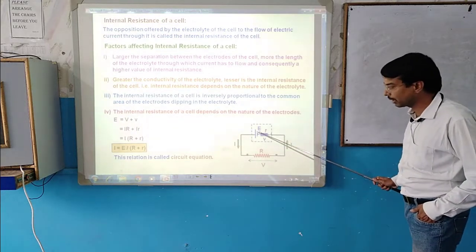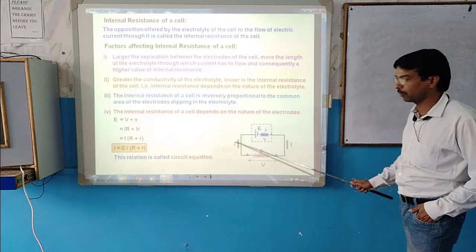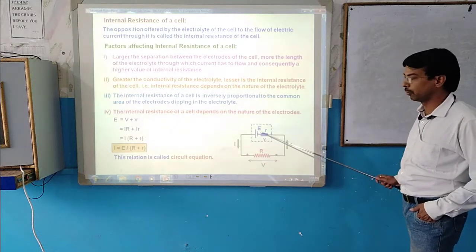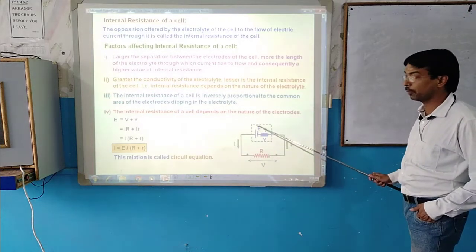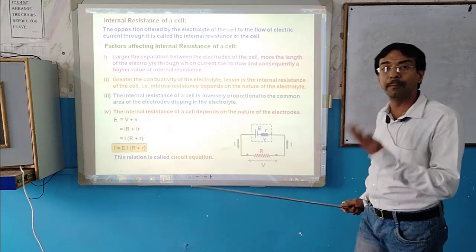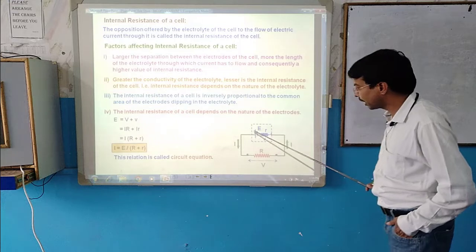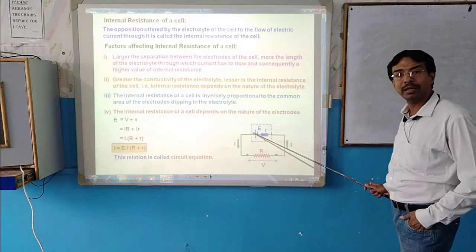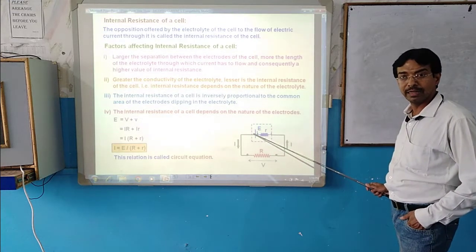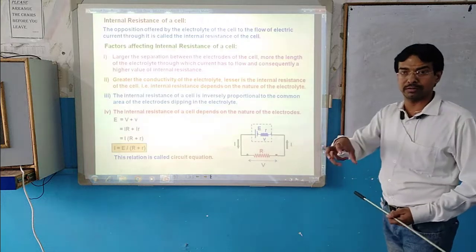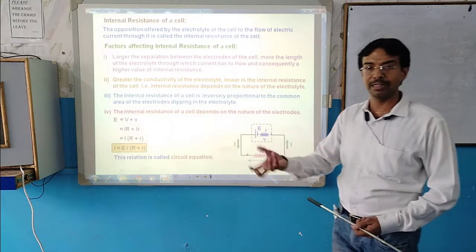Due to the attraction of the negative terminal, positive charge will move from the positive plate of the cell to the negative plate. But from the negative plate to the positive plate, how will it be pushed? Because you know very well, like charges repel each other, so positive charge cannot be pushed onto the positive terminal of the cell. Therefore, the battery will do some work in the form of a chemical reaction inside the battery.